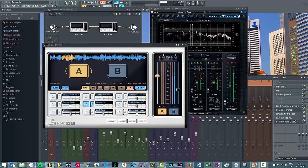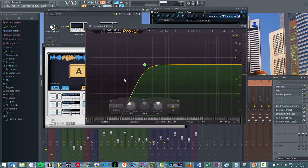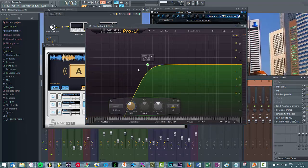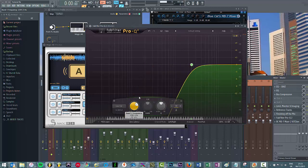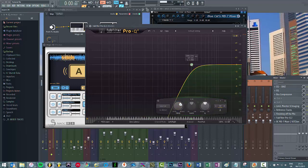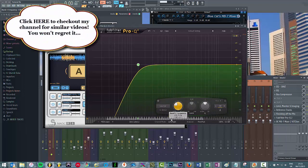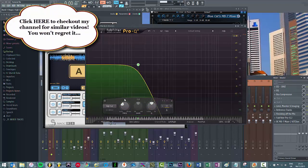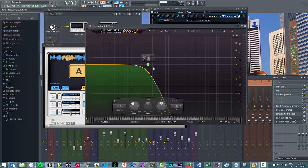Again, there are a few ways you can do this. You can use a stock EQ. For the purposes of this, I've just loaded FabFilter Pro-Q. It doesn't really make a difference. You just need an EQ. You can set up multiple different EQ templates. So this one is filtering out all the lows. You can create different frequency points. So you might have one EQ that goes up to 2000, one that goes down here. You might change that to a high pass instead, whichever it may be. You can set up different EQs for that, but that takes time and is a bit cumbersome,